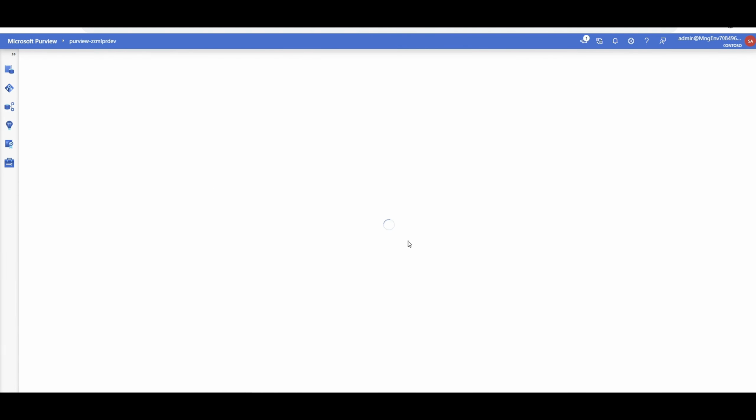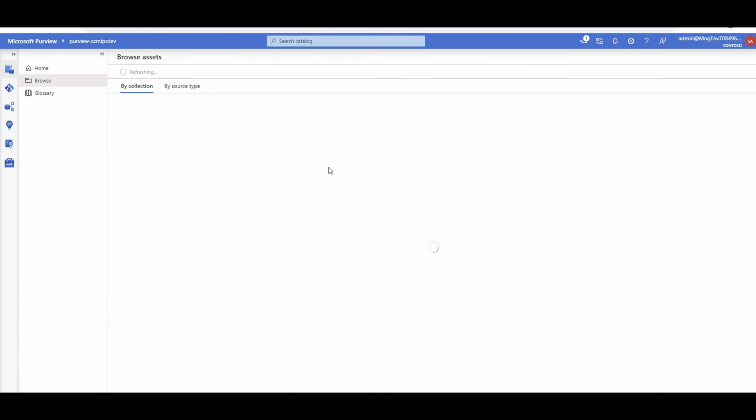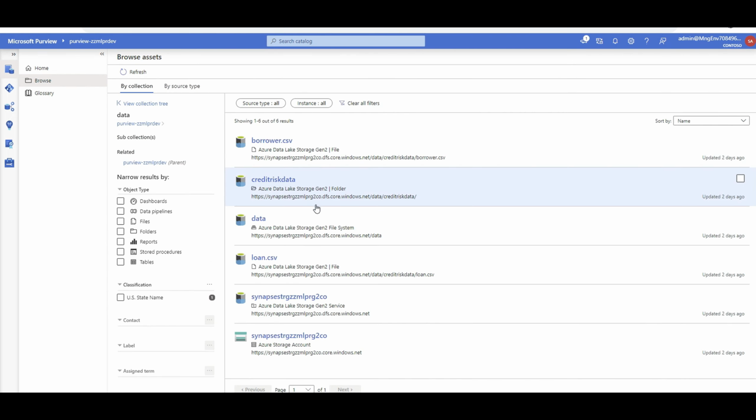There you go, it's getting loaded. Click on Browse Assets. Remember we created this collection and you chose a name by yourself. Just click on that collection. You will see that everything coming under this collection has been scanned and detected, but if I go to the